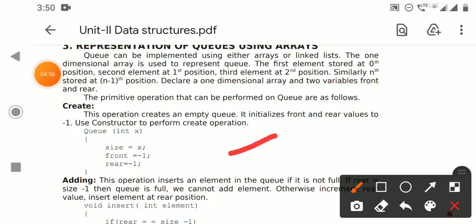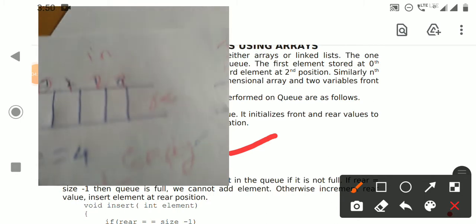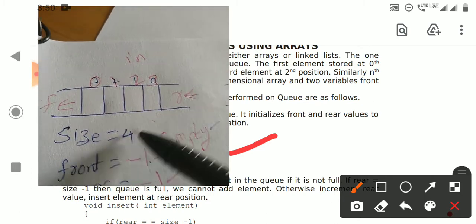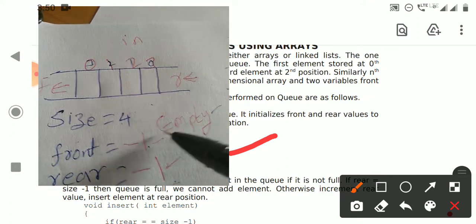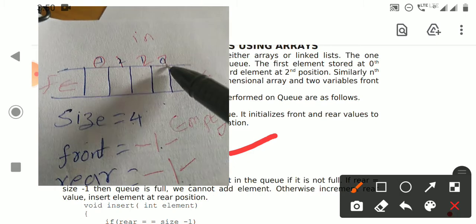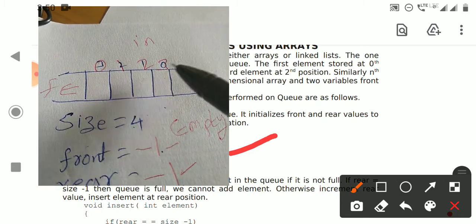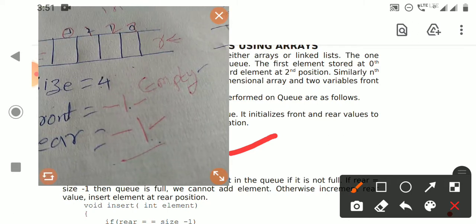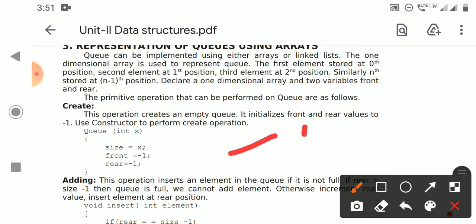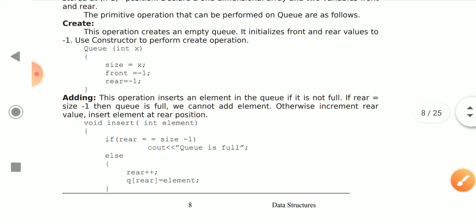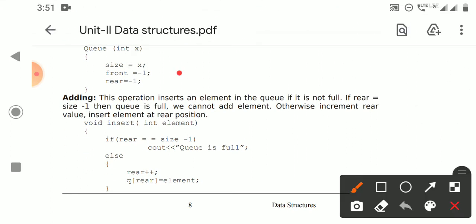Here, this is an empty queue. The size is 4, that means n value is 4, front value is -1 and rear value is -1. Whenever an empty queue is created, the front and rear values are assigned -1. That is the definition of the queue constructor.